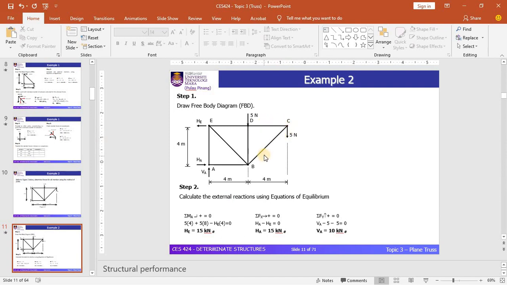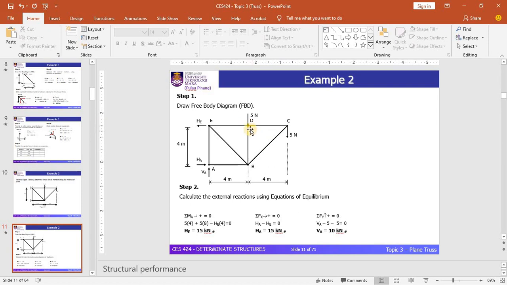Okay, and you are going to solve the internal forces in members BC and CD. And you can move to another joint, which is joint D. Okay, so in the previous joint, which is joint C, you have solved for this particular member DC.